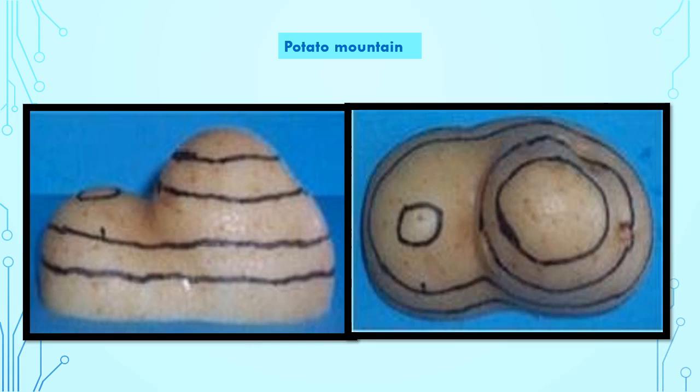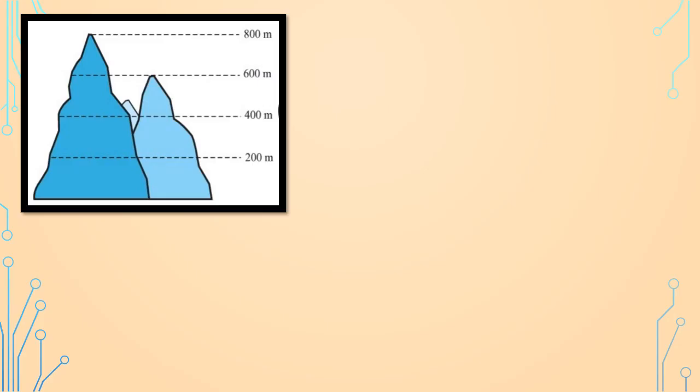We can see two different circles in the center, which tells us that the hill has two summits. Children, try this activity at home. You will understand better. Coming back to this image, how would the contour lines look when viewed from the top of these hills? Contour lines are drawn at 200-meter height, then at 400 meter, 600 meter, and at last at 800 meter. So the peak is 800 meter in height.